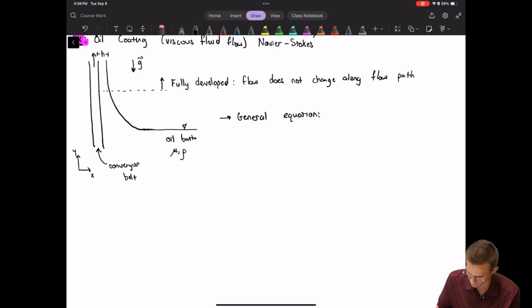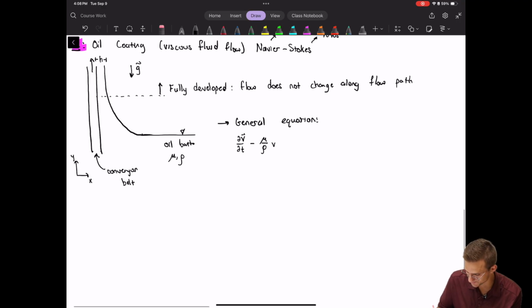I'll spend some time explaining what each of them are, but this is going to be all three components in all of its glory, the Navier-Stokes equations, I should say. So it's the partial derivative with respect to time of the velocity of all three components. What I'm writing down here is actually a vector equation for the three different flow directions,